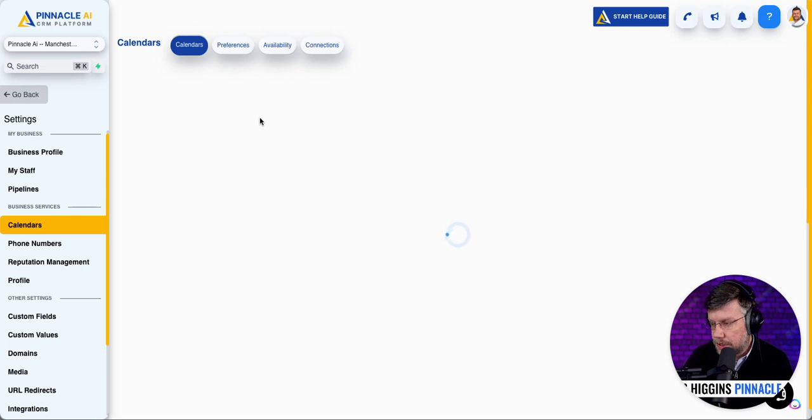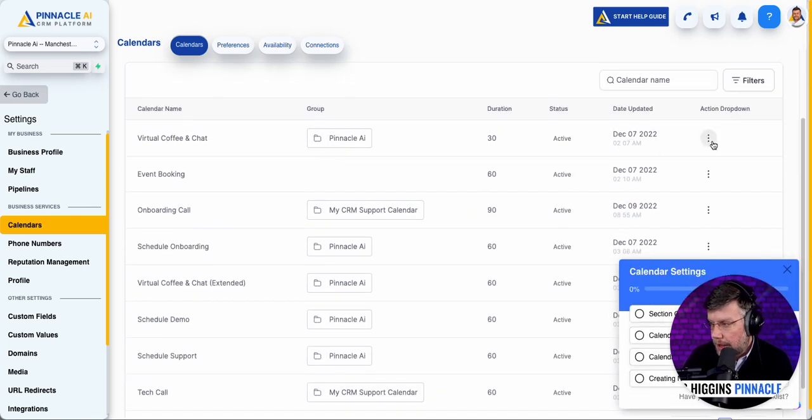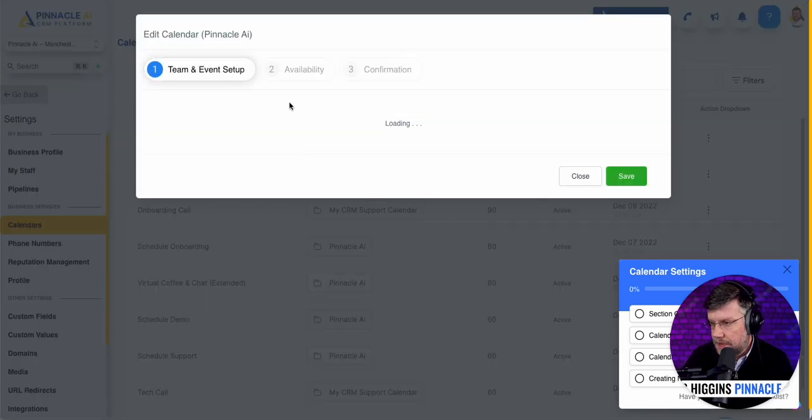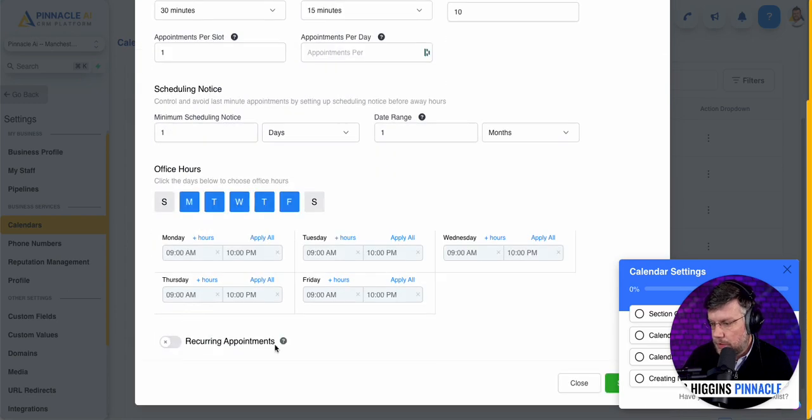So if we go on to calendars, and we're just going to grab this calendar right here. I'm going to go ahead and edit it so I can show you this. The feature is actually on the availability tab. So if you see right here, you've got the recurring appointments and you get the little information bubble here,